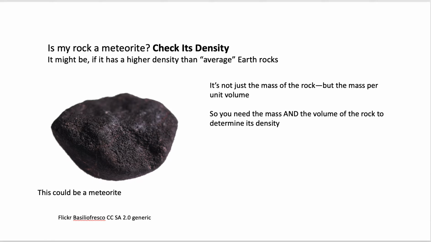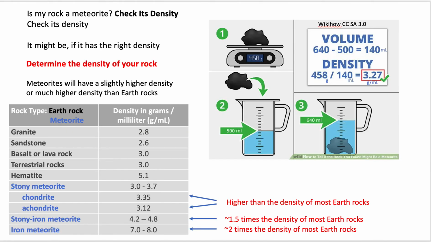And also you can check its density, because a meteorite has a higher density than average Earth rocks. So it's not just, is my rock more massive? It's, what is the density, the mass per unit volume? To do that, you need to mass the rock and find its volume, here shown in a graduated measuring cup. But you can use a graduated cylinder,